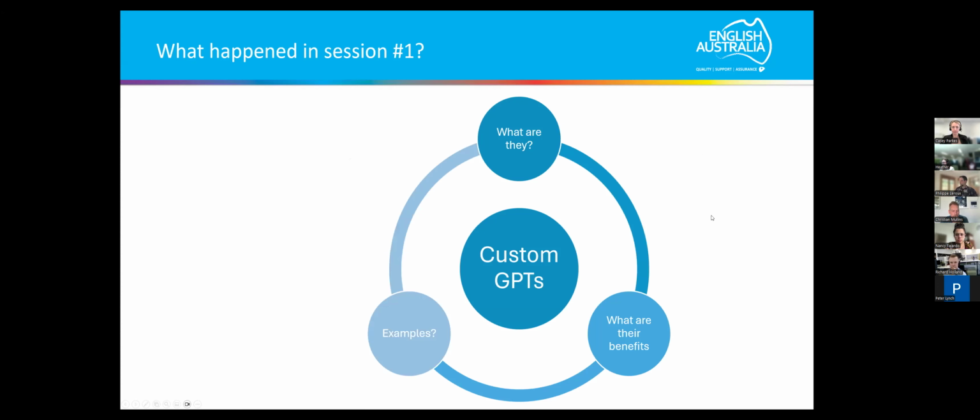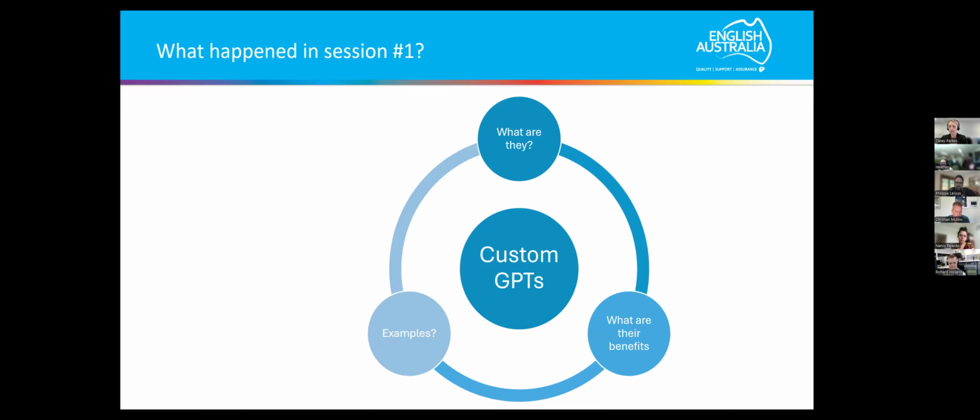Quick refresher, and I'm not going to talk a lot about this because Chris is going to mention it again. Last session we introduced the concept of custom GPTs, with Chris Wasso from the University of Adelaide presenting. I know some of you were already familiar with them, but basically a custom GPT is a way of training the language model.